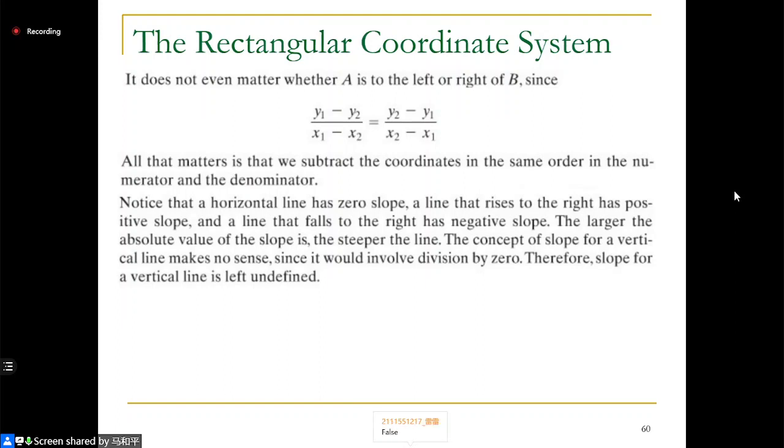We know the equation of this straight line, the point slope form, we write like this: y minus y1 is equal to m times x minus x1, right? It's not y2 minus y1. It's y minus y1 is equal to m times x minus x1. This is true, right? This is true.